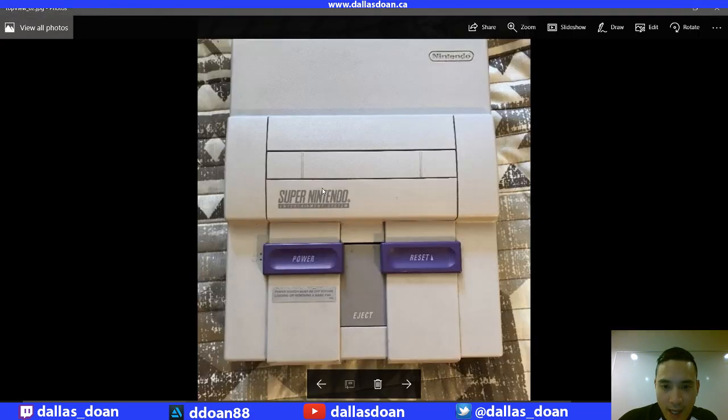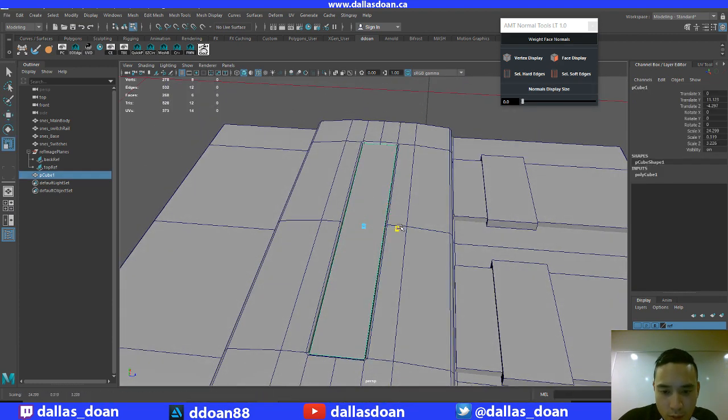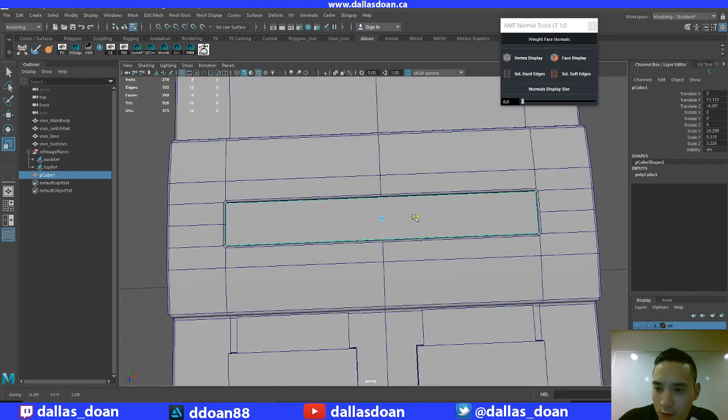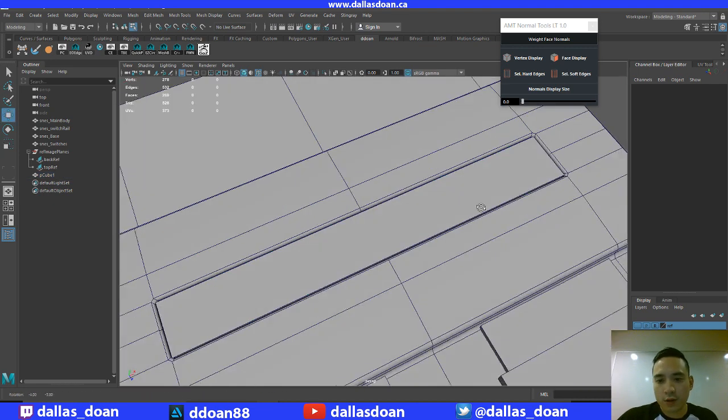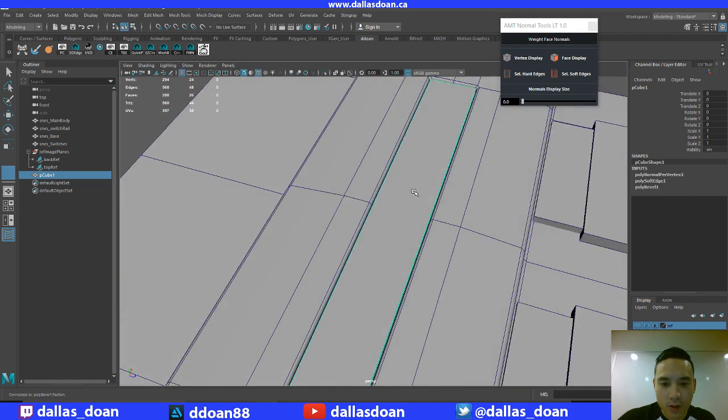So there's definitely like a gap or whatever. So where is that? So what we're gonna do is we're gonna just make a little quick. Just gonna have a little gap. A little gap. Come on, come on! Don't do this to me. There you go. And then I'm gonna F8 for object mode, delete history, delete transformations, face weight normals, and then